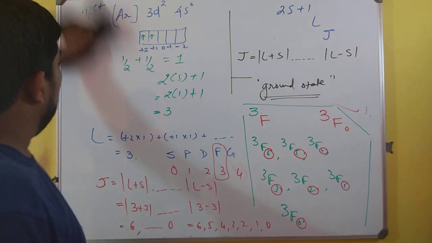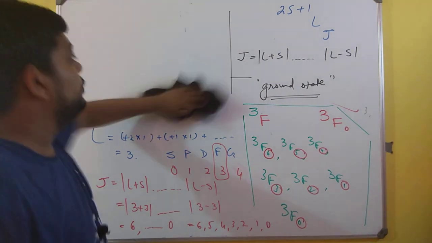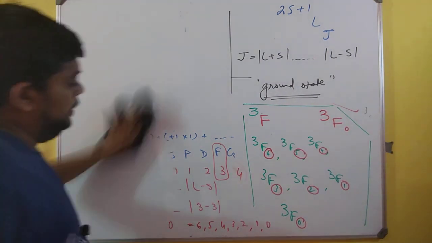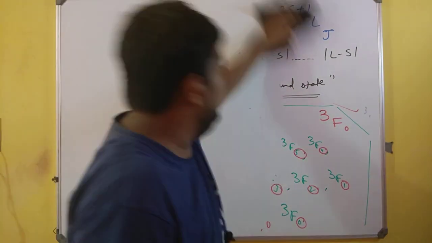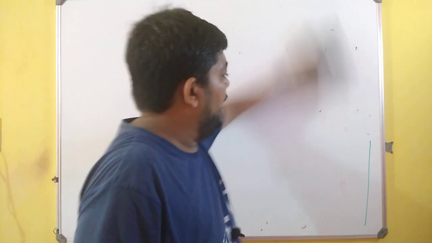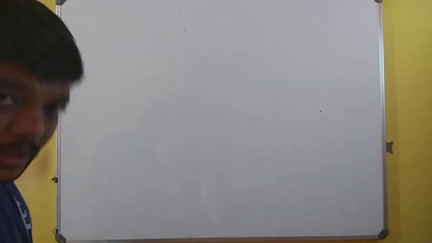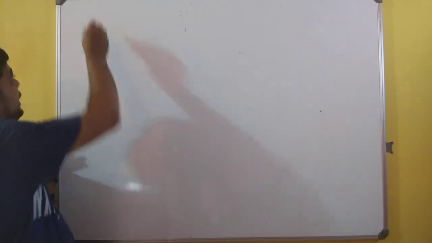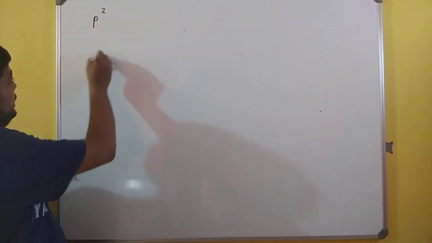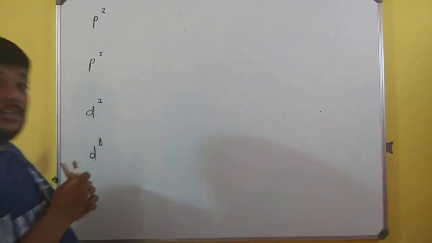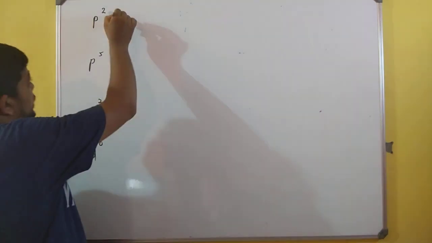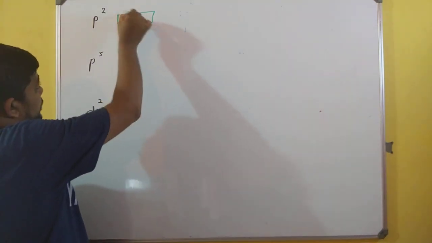Now let us go a step ahead and try to solve few other questions that will help us to get the best possible values for other things. But today, as we are discussing these things, I am also much eager to write few values directly to make the things much more clear once again. So let us do one thing. Let us take P2, let us take P5, let us take D2, and let us take D8 first and check what happens. So when we are taking P2, it will be 2 electrons.